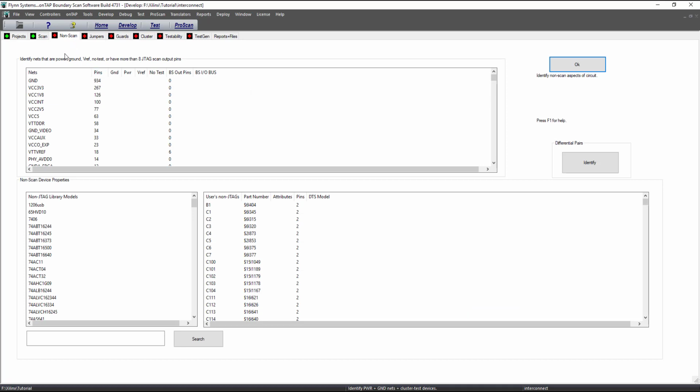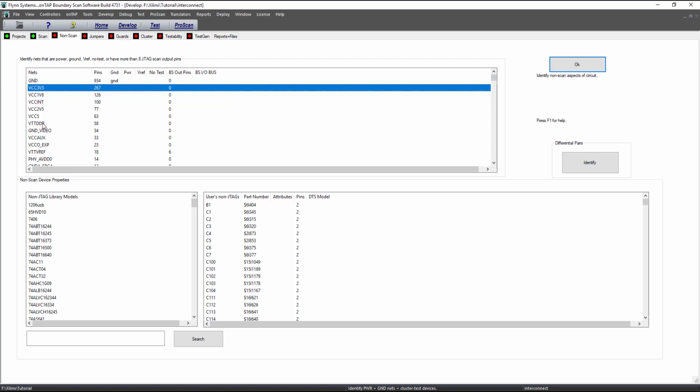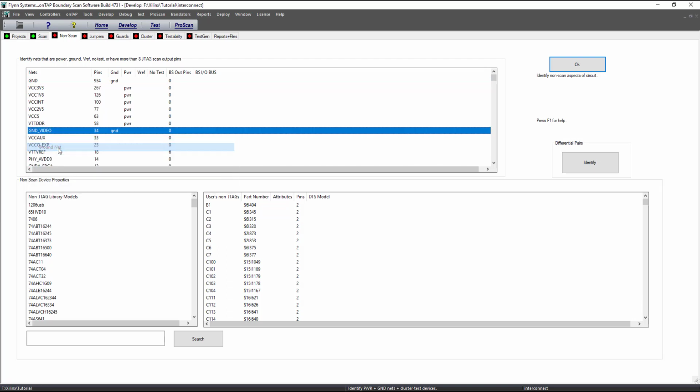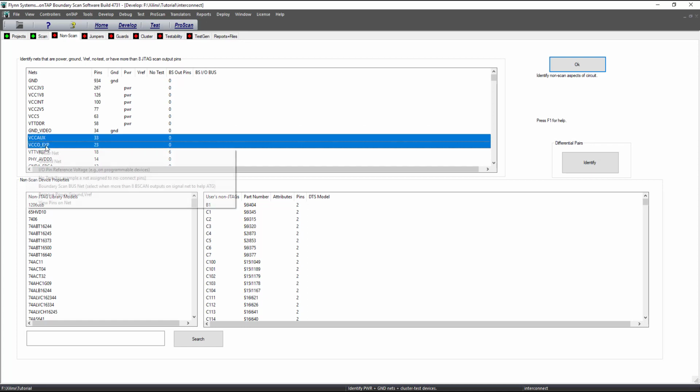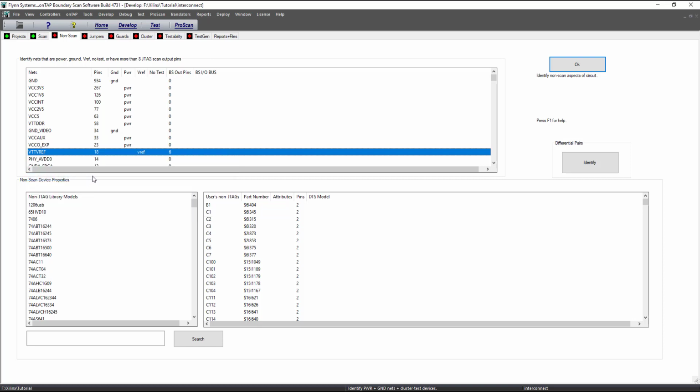The next page wants us to define the types of nets that we have, and we can do that by simply selecting a net. That's a ground net. There are some power nets, and the ground net, power nets, and a voltage reference net. The other thing that should be done on this page is assign models to non-JTAG parts that need to be transparent